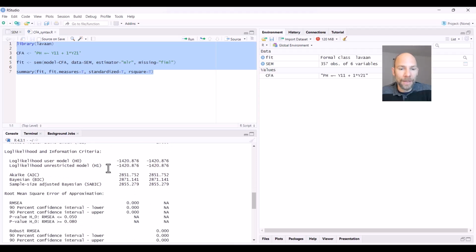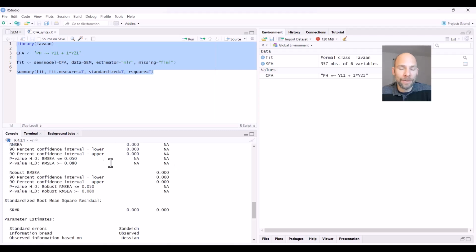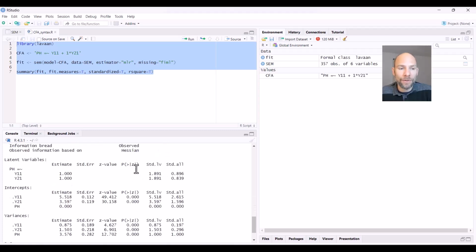The other fit statistics we can ignore for now because our model is saturated, so none of this really is interesting to us. And we'll get to the parameter estimates by scrolling down. You can see that first of all, parameter estimates are given for the latent variables, and so the first thing that we obtain here are the factor loadings. Now you can see under estimate we get the loadings of exactly 1.0 because they're both fixed to 1. So the unstandardized loadings are not interesting in this case. However, you can see that in the last column, std.all, you get estimates